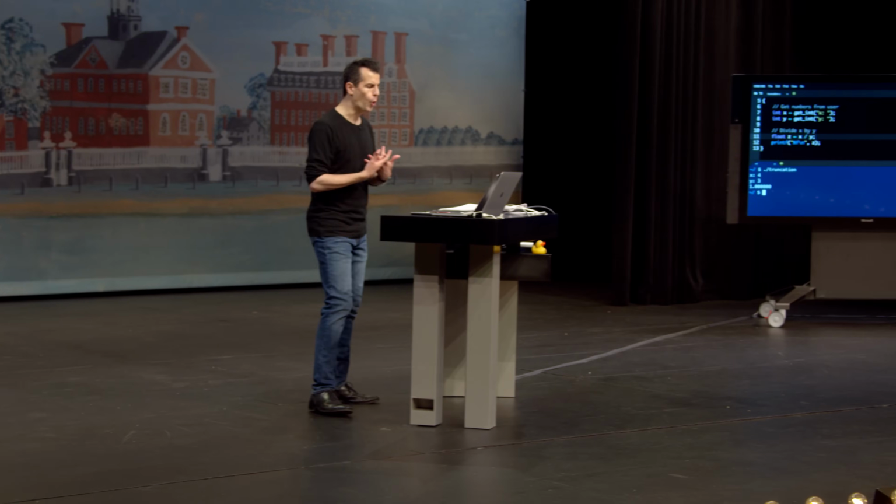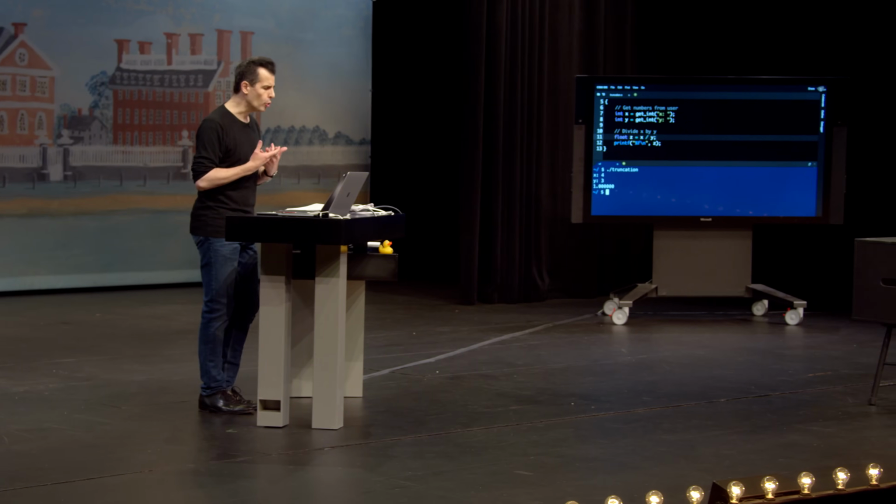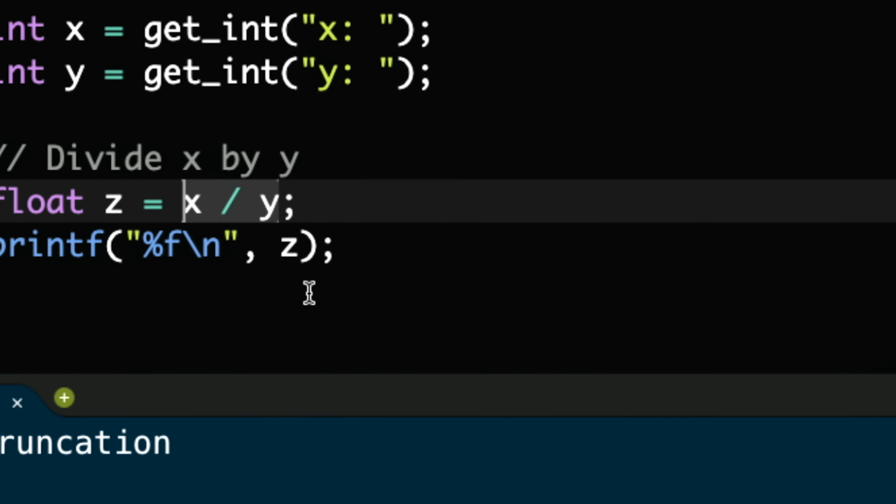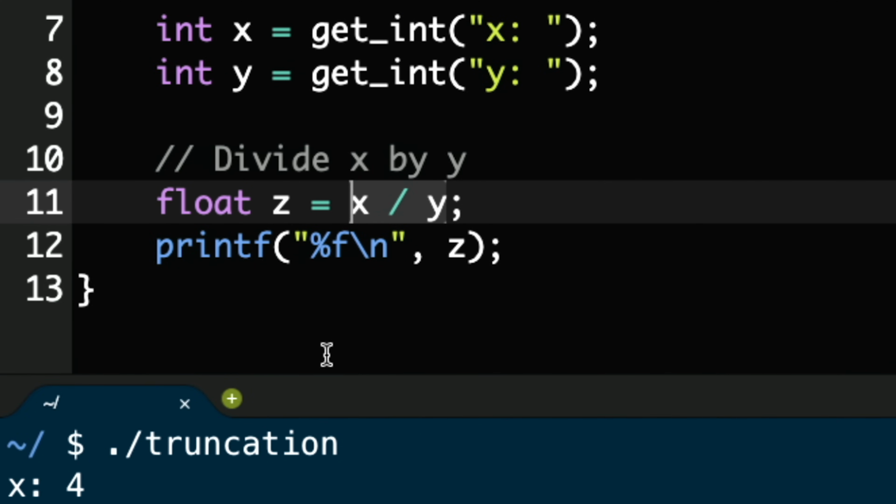Yeah, exactly. This one's more subtle than the mistakes I've made before. But C, like most programming languages, is going to take you literally. So if on the right-hand side of this expression, on line 11, I am literally doing x divided by y, you first have to ask yourself, what is the type of x? What is the type of y? If they are both ints, by definition of how C works, you are going to get back an integer as your answer. So if you do 1 divided by 2, yes, mathematically, that's